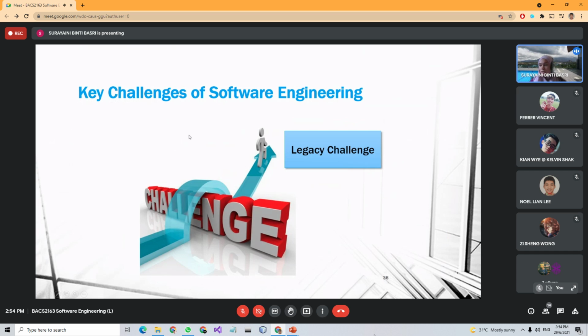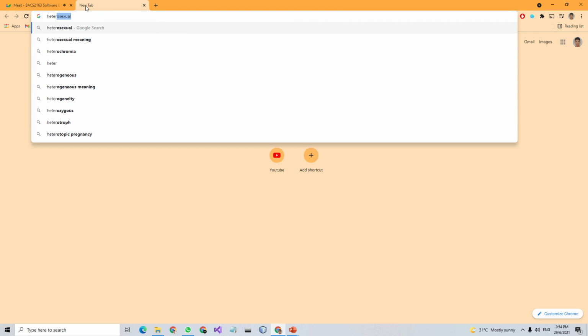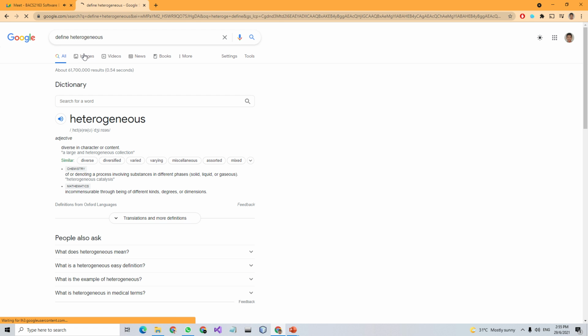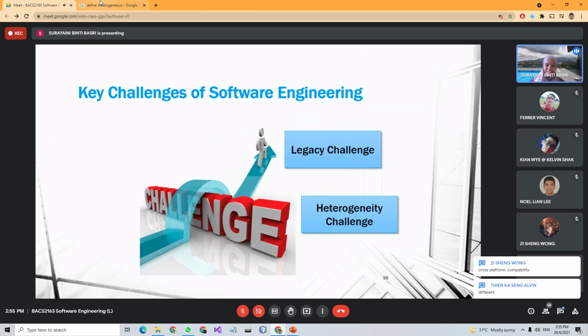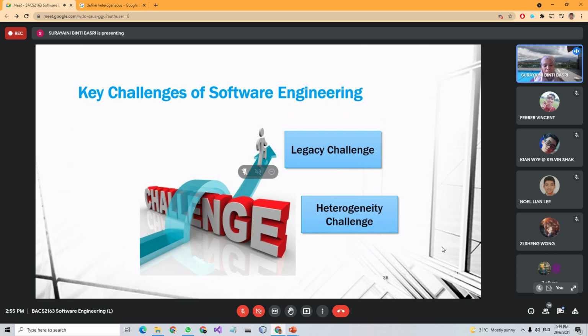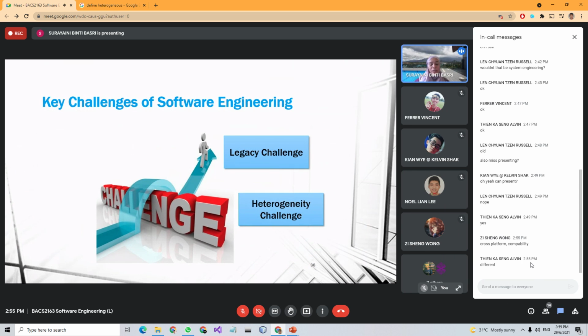Okay, so the second challenge is the heterogeneity challenge. Who can guess what it means? Yes, cross-platform compatibility across the platform. And then Alvin said different, yes. Different, meaning different platforms in terms of software. Different platform. Okay, so